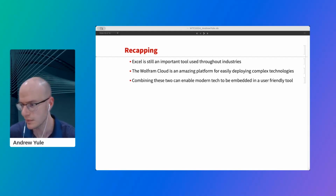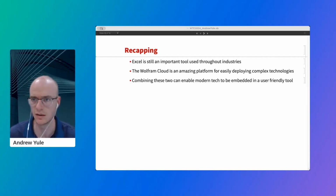So what is the current status regarding Excel connectivity via cloud connector for Excel? Will the add-in be developed further? Do you have any knowledge about this? I've looked at the cloud connector for Excel a little while back. What I found there, and I could be misspeaking on this, maybe it's been updated,